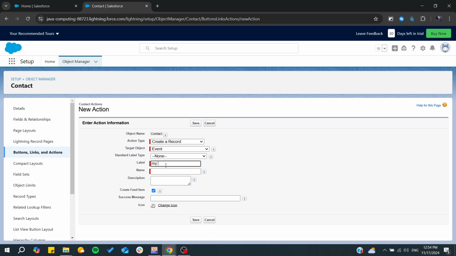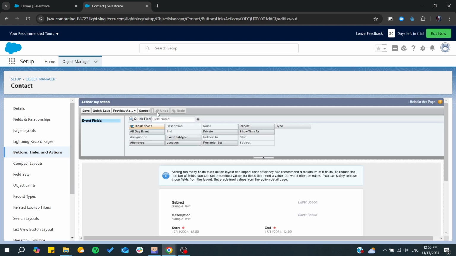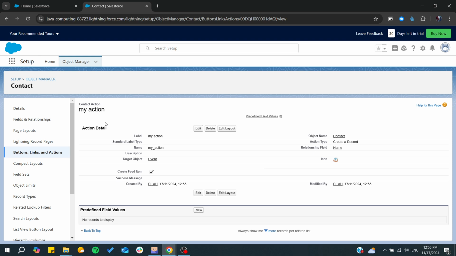For example, my action, and this is the name. Description is not necessary, and basically we will now need to click on save. So now I'm going to click on save, and basically now we will have our action. So I'm going to click on save, and now you will need to choose the layout for your action. You can have the layout however you like. I will click on save now, and basically now we can search for our action, and then we can